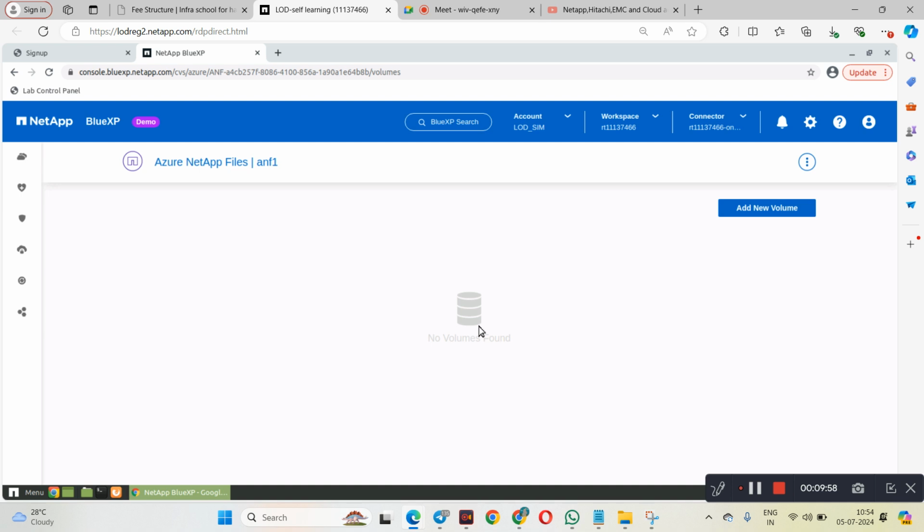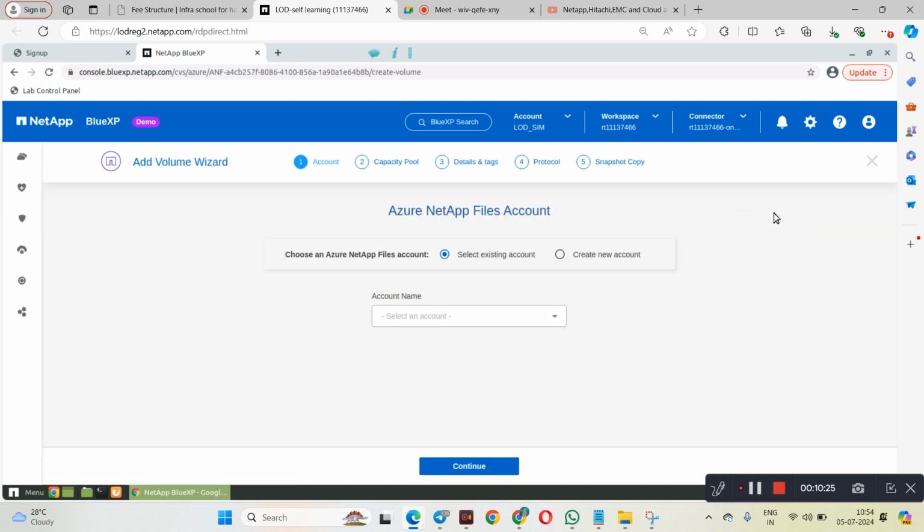For Blue XP, to provision the Azure Netapp file storage. The volumes that we create here, it can be accessed with NFS version 3, NFS version 4.1, or SMB 3 protocols. Okay, and the volumes that I will create from this capacity pool. Okay, so let me just click on to add new volumes. Okay,